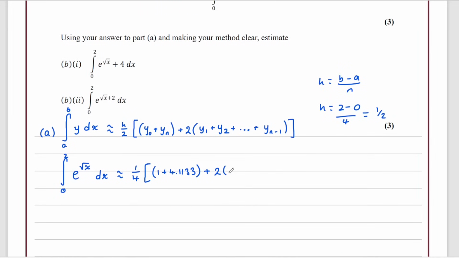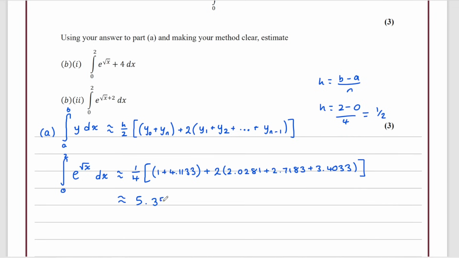So I put those in here. 2.0281 plus 2.7183, and then finally 3.4033. Okay. So now all we need to do here is evaluate this. So just use your calculator to evaluate this. And if you do this correctly, what you should find then is we get